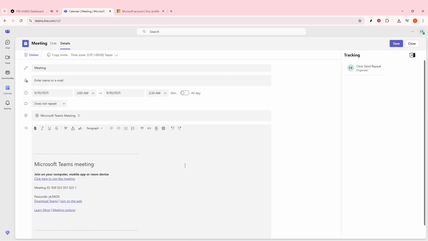With these 3 methods, finding a meeting ID in Microsoft Teams should now be clear and easy. Whether you're checking in advance, referencing an invite, or figuring it out in the middle of a meeting, you now have the knowledge and tools needed to access that all-important meeting ID. Enjoy your team's meetings with confidence, and feel free to refer back to this guide anytime you need a quick